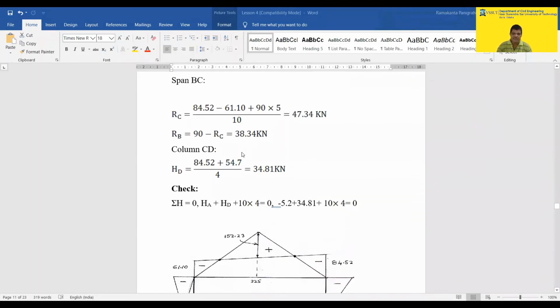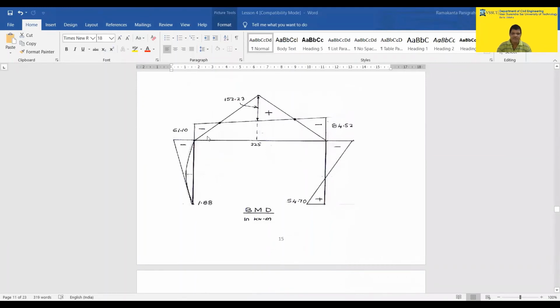Now all these things drawn, then draw the bending moment diagram. As I have already explained, I don't want to go again. And perhaps this value comes less. WL square by 8, while the value is coming: W is 10, L square means 4 square, WL square by 8. So it comes out to be 160 by 8, which is 20. So this value is coming 20, but this value is 61. So at the center, it should be more than 30, but it is coming less than 30. So this is your bending moment diagram now. Okay. This is your moment diagram. Entire value is negative.